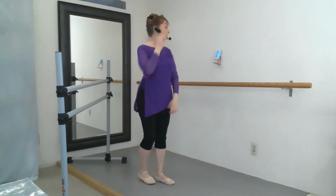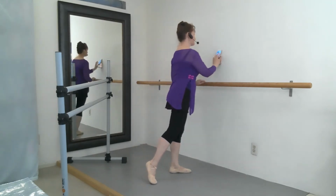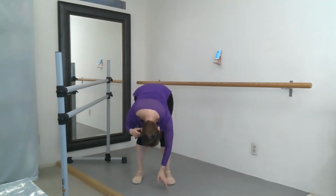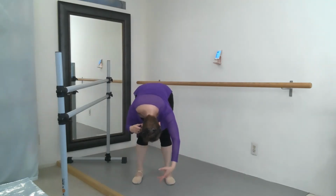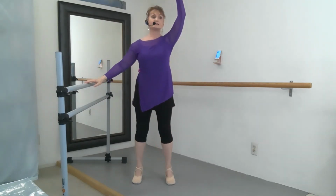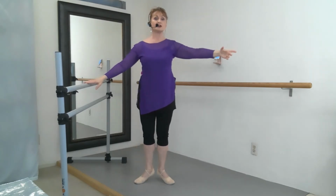Okay, here we go. Second position, heels right under your hips, lengthening up. Now feel your back long and straight. Lengthen from the base of your tailbone. Now we're going to go all the way over, head down. Reaching long, rolling it up, hand over your head. Rise up, turn out, lower down, lengthen up the front. Demi, plie,